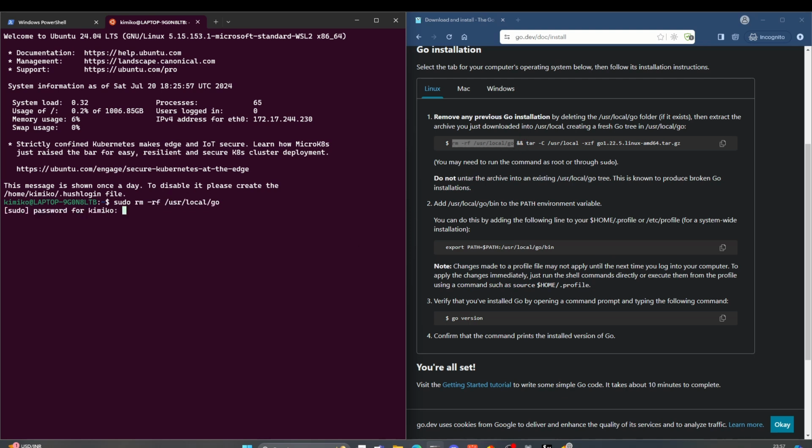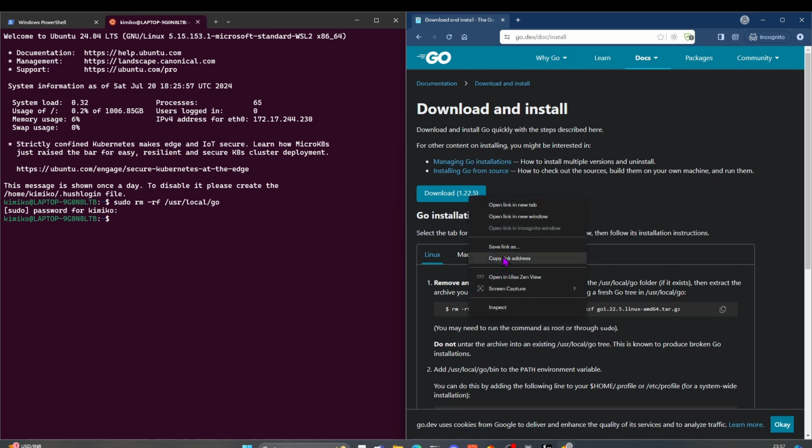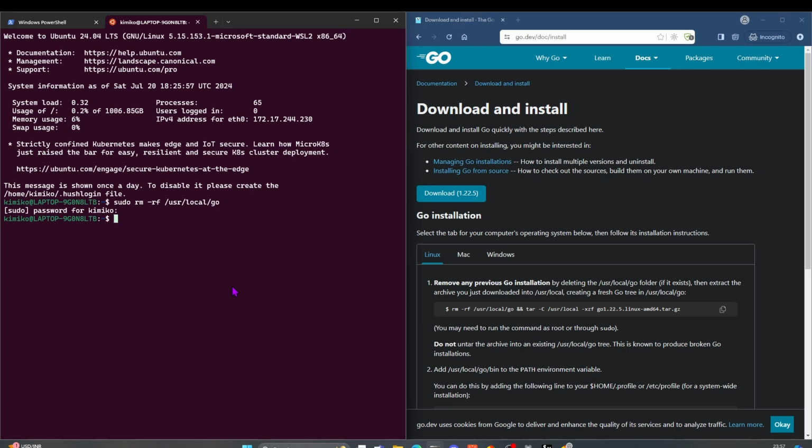Let us do. So it is deleted now. Now we will enter the file. So we have to download the Linux one. So if we click here, copy link address, and what we can do, curl, let me see if I already have. So I have 1.22.3. So I'll use the 1.22.5. So curl,